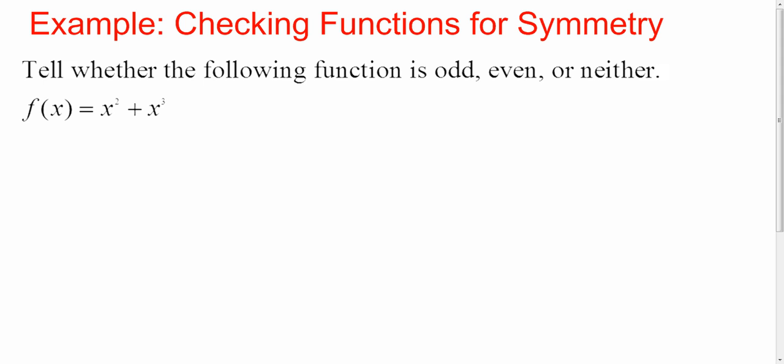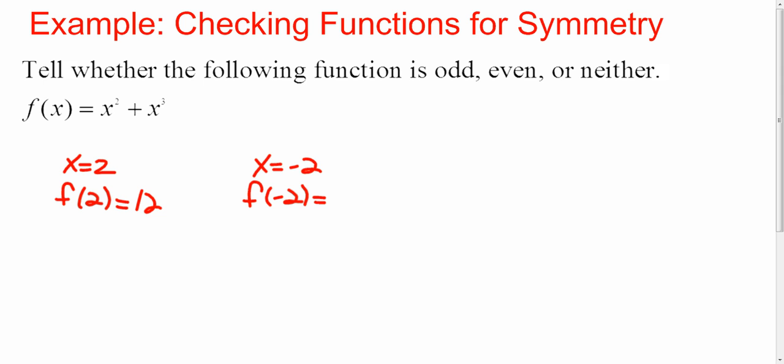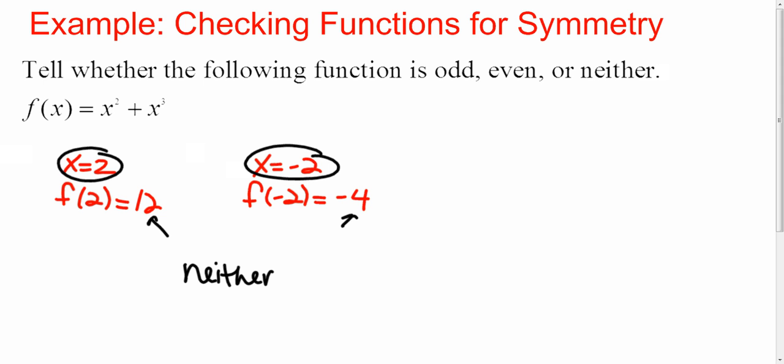Okay? Then here's another one, tell whether it's even, odd, or neither. Again, I'm going to pick a number to plug in. I'm going to plug in 2. When x is 2, then f of 2 would be 2 squared, which is 4, plus 2 cubed, which is 8, and I get 12. If I plug in negative 2, f of negative 2, I have negative 2 squared, which is 4, and negative 2 cubed, which is negative 8, and I get negative 4. So I plugged in a number and its opposite, and I got completely unrelated y values. This one is neither even or odd, and we'll look at the graph in a minute,